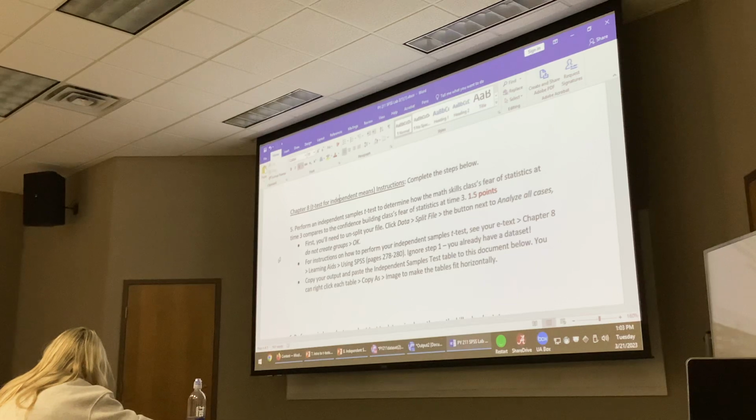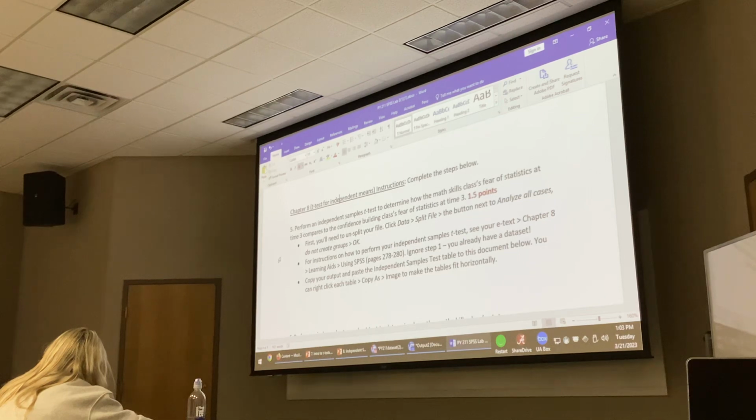That would be an independent samples t-test, right? So you have two separate samples that you have collected data from, with sample M and sample standard deviation. You're comparing the two groups on a single score in an independent samples t-test. So here, we're doing an independent samples t-test to determine if our two groups differed in their fear of